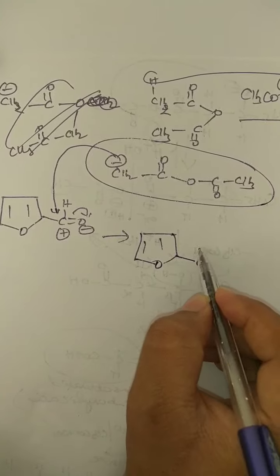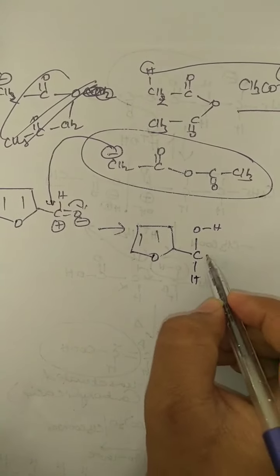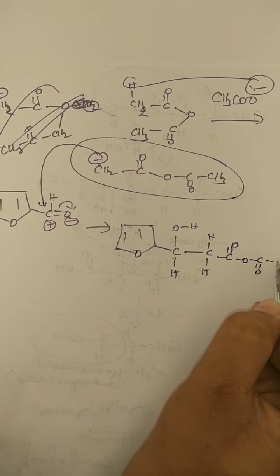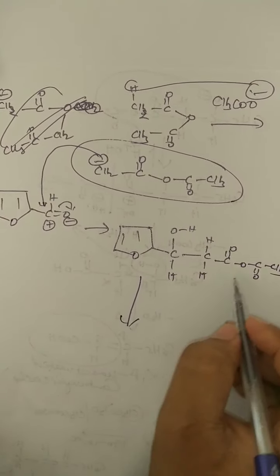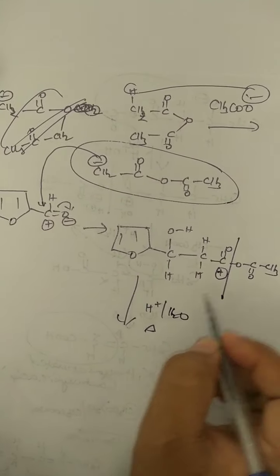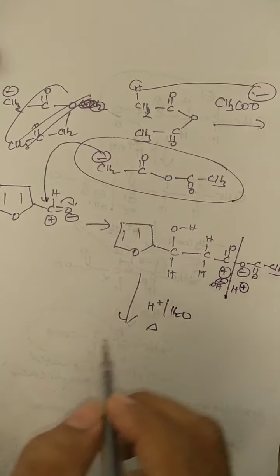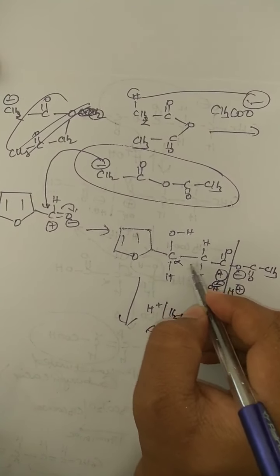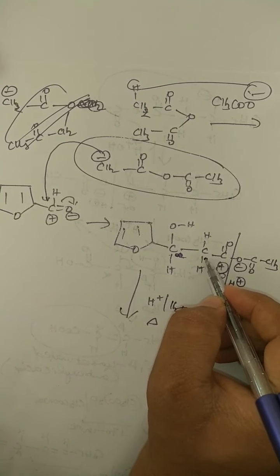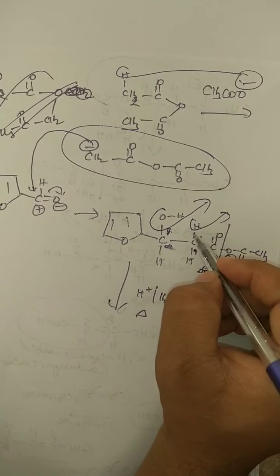So what will you get? Okay. Now see, O minus becomes OH always, protonation. O minus becomes OH, and this total compound you connect. Direct steps I am writing. O, CO, CH3. Here the bond gets cleaved. Acidic hydrolysis followed by heating. Okay. So here minus this side OH minus, this side H plus. So what will you get? This is alpha, this is beta. Now if you heat this one, this is the functional group, this is alpha, this is beta. From here OH minus, this bond will turn.